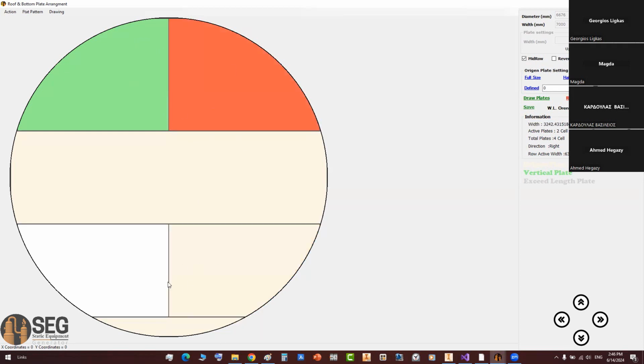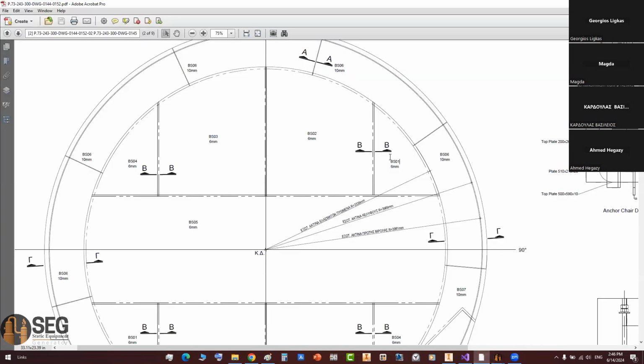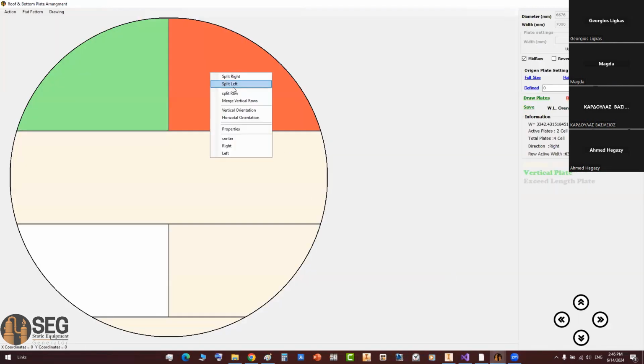Before going to the bottom part, let's split the plates here. We have a plate here and another one there. So let's come back to that form, and from here let's split to left. So when you select that, you will be able to split this plate in two pieces. Okay, but as you can see, the value of the width is not defined yet. You will need to define it. Okay, so when you select this one, from the width you can make it 2 meters and click